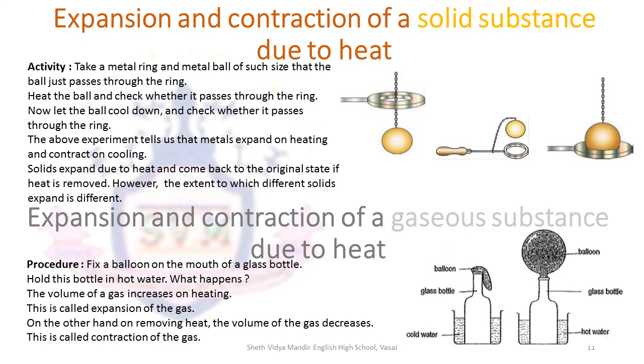You will come to know that when you heat the ball, it expands and becomes more widespread. So once it expands, it will occupy more space than the hole that it used to pass through the ring. So it won't be able to pass through the ring. Once you let it cool down a bit, you take the heat away from it, it will contract and then you will see that it will easily pass through the ring. You can perform it with different solid substances and you can observe the extent to which different types of solids expand. You will notice that they are different.